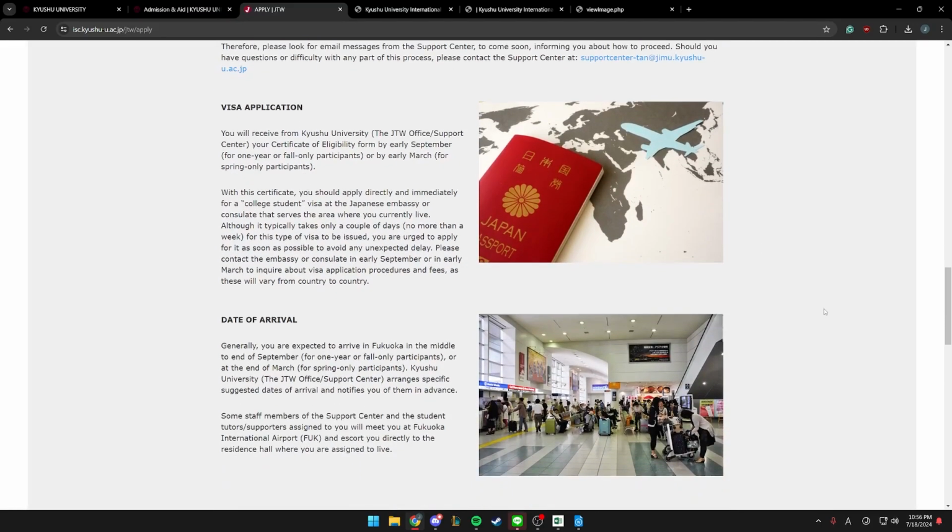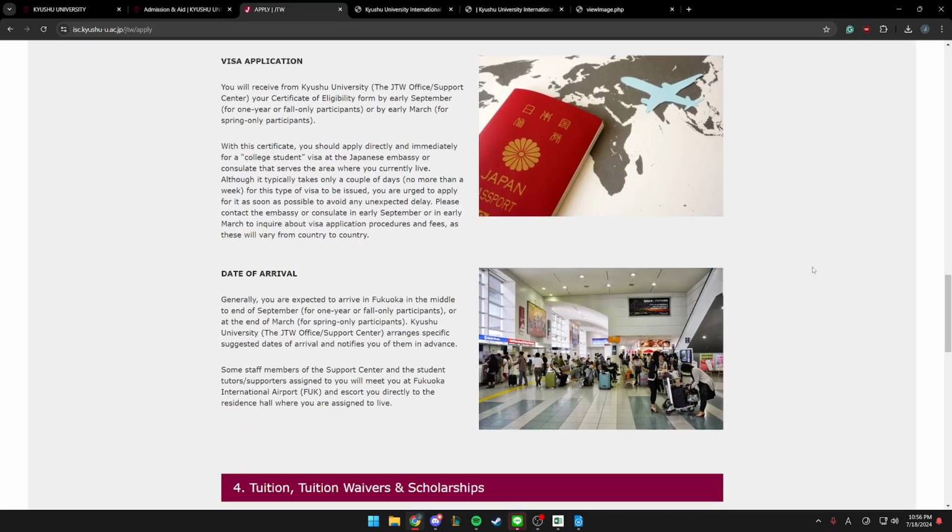And once you've got your visa, here's the funny thing, you get to apply for housing as well. And you might be thinking, oh, let me look at the dorms and find out which one I want the most, and oh, let me pick this one. It doesn't matter. If you are a part of JTW, you'll probably just be placed in dorm one, where I am right now. So if you guys haven't seen the dorm tour, I'll put a little card up so you can click on that. More than likely, almost 95, 99% certainty, if you are part of JTW, you will be placed in dorm